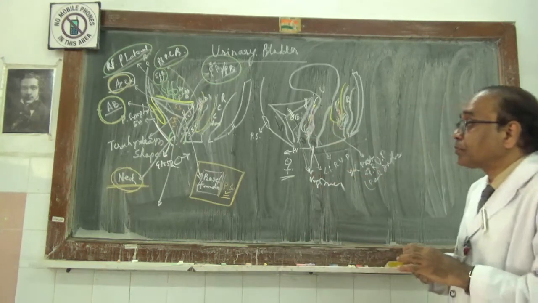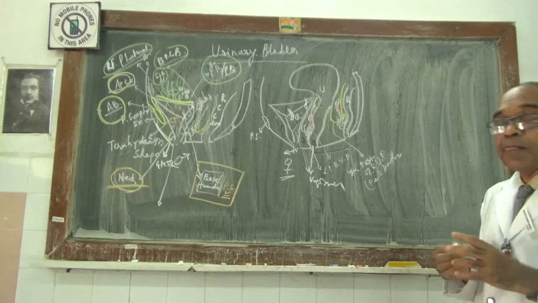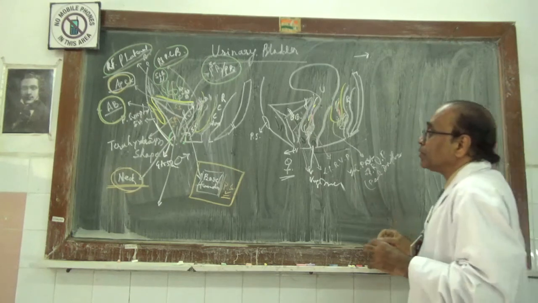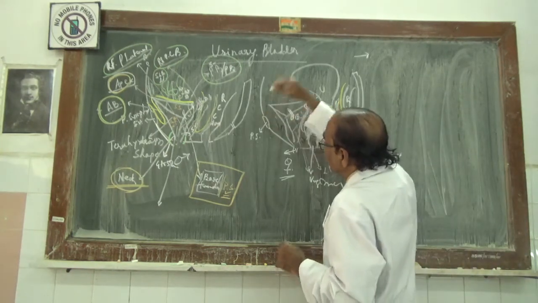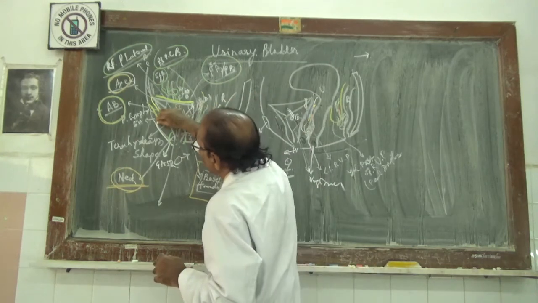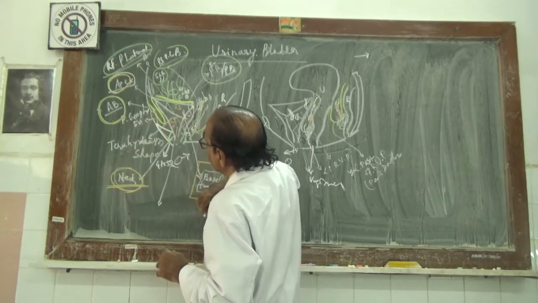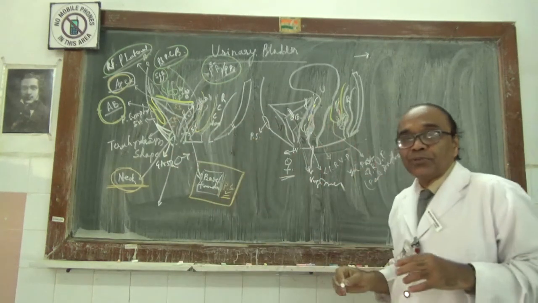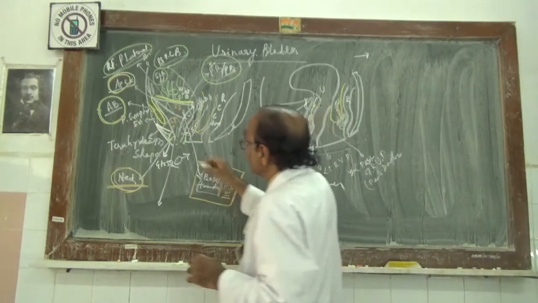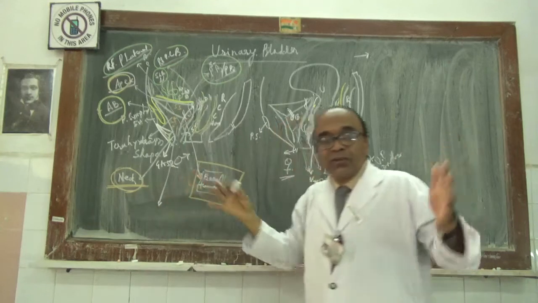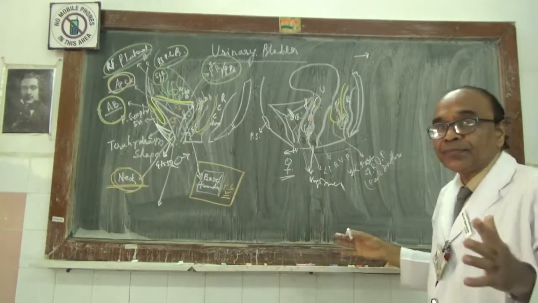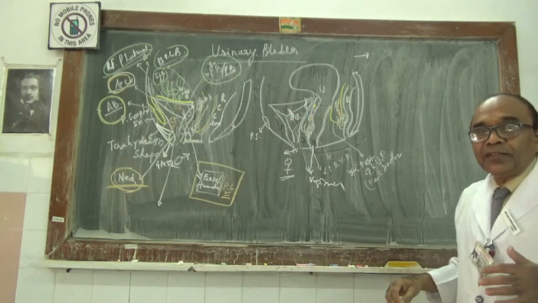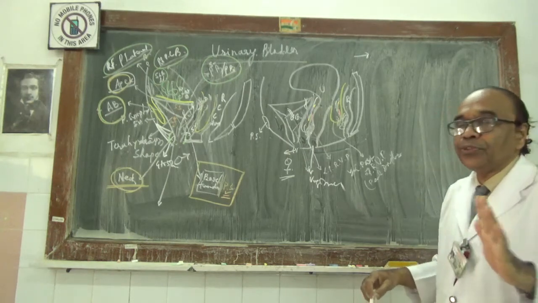Now you have got the peritoneal relations. What are the peritoneal relations of the urinary bladder in male and in female? In male, you have got the pubovesical and puboprostatic ligaments, and then you have got the lateral vesical ligaments and the thin posterior vesical ligament. So these are the ones in male.